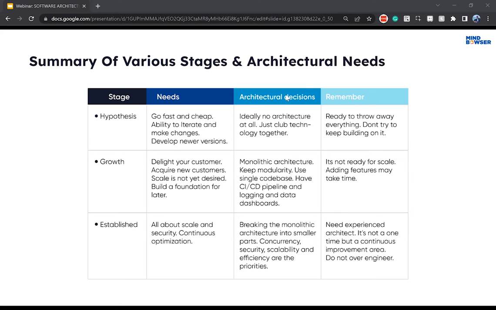So how we planned it: the existing monolithic architecture, initially we did not break it, but we kept on adding the new services as separate microservices. And so we developed a pattern called the strangler pattern. What the strangler pattern does is redirect the request to the new services or to the existing services based on the user request, or the user path that is accessing the functionality. Like that, we broke the monolith into a microservices-based architecture,